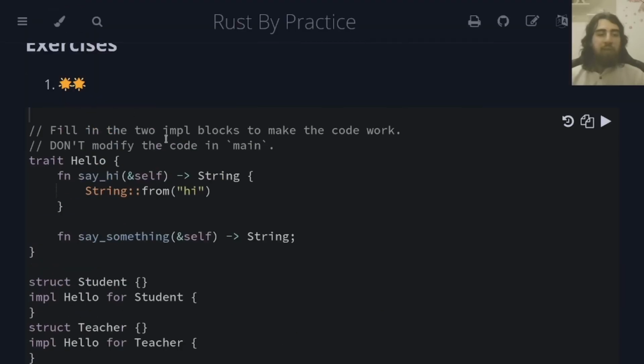Let's see exercise 1. Fill in the 2 impl blocks to make the code work. Don't modify the code in main. Now we have here a trait Hello defining 2 methods. Now over here you can see that we didn't only provide the function signature, but we implemented basically the whole